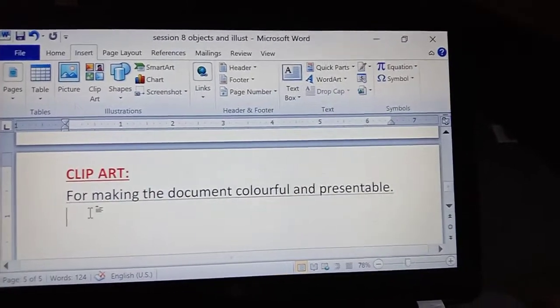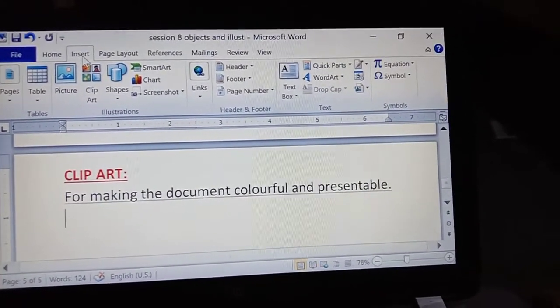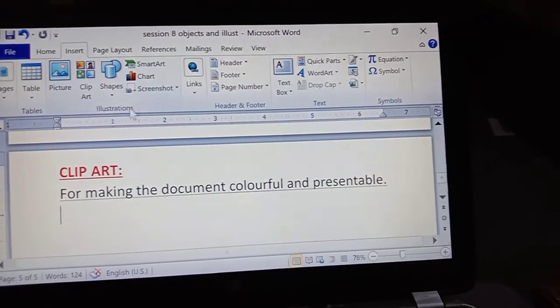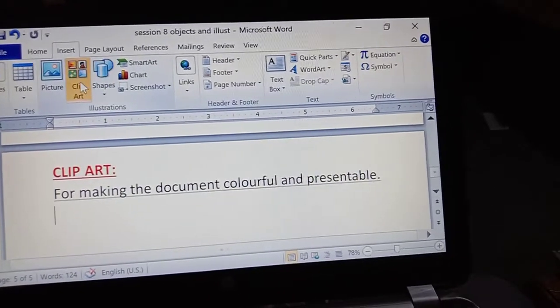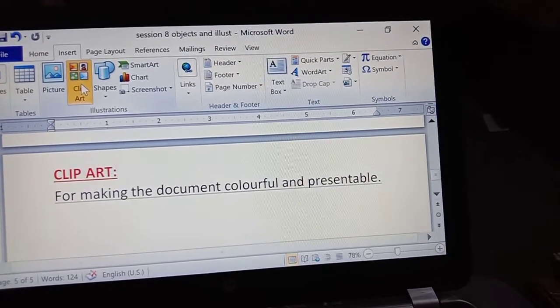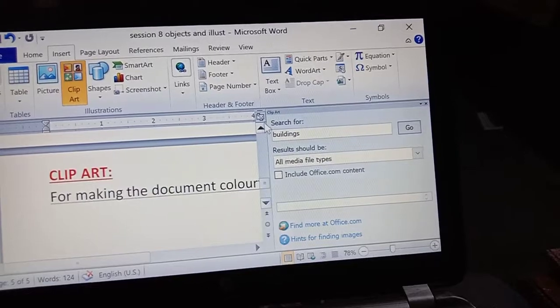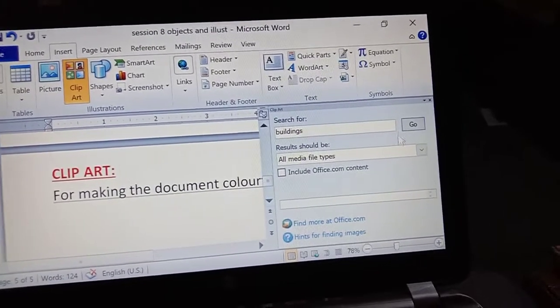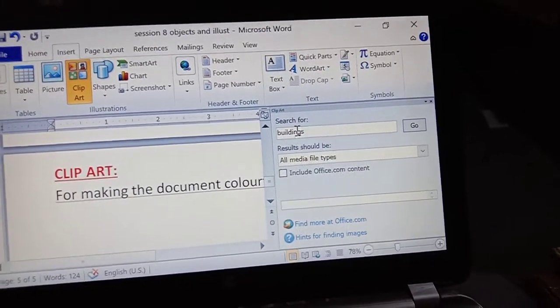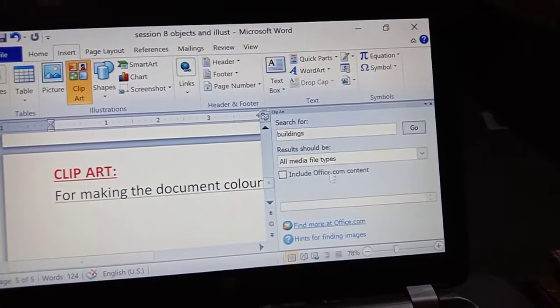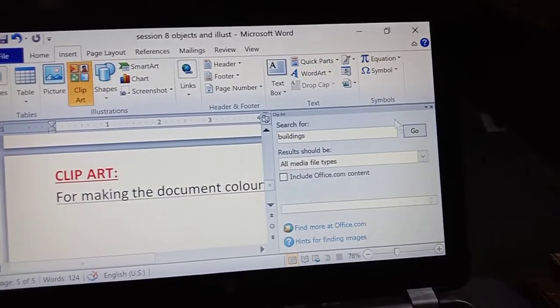For this, the process: click on Insert. In that we have the Illustrations group, and in that group we have Clip Art. Now I am clicking on Clip Art. Here a clip art task pane appears. Are you observing? This box is called the clip art task pane.